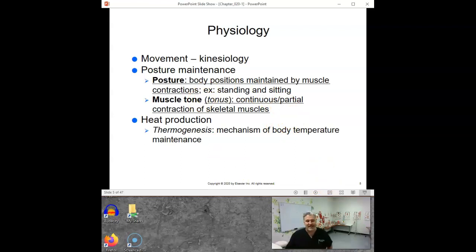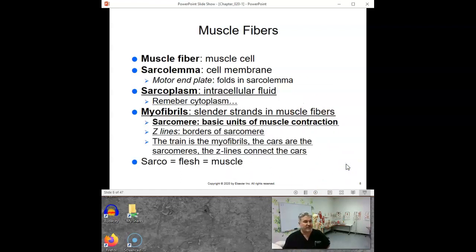And another little side thing, won't come up for us very often, but muscles can create heat generation, which is thermogenesis. And that's why you shiver when you get cold. Your body's actually trying to activate your muscles and make them do little contractions to generate heat. This is why you get hot when you work out, because muscles do actually generate heat. They really are burning calories, essentially, and it really does let off heat. There is a thermodynamic reaction going on there. So muscles really do let out heat. Okay.